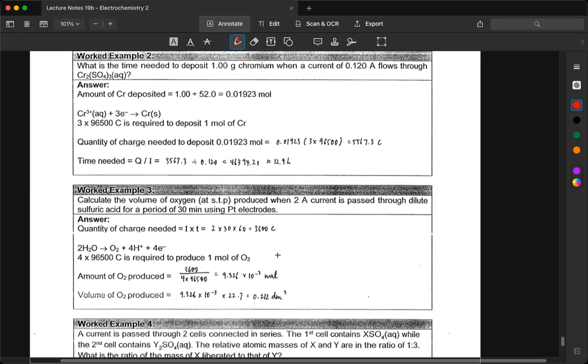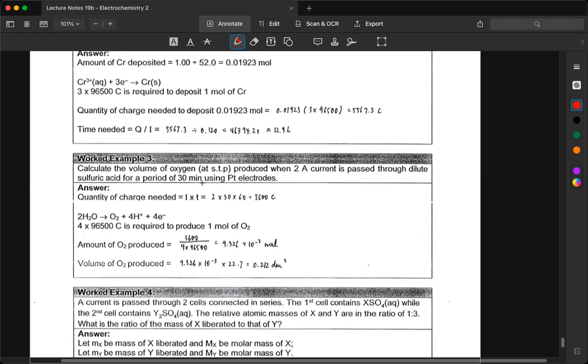How about this one? Volume of oxygen at STP when 2 ampere is passed through for 30 minutes. So you calculate the quantity of charge. Okay, and then you can use this method, which is shorter, or if you prefer a clearer method but longer, we can consider one time. Very confusing, right? Not intuitive, right? So after you calculate the charge here, you can actually